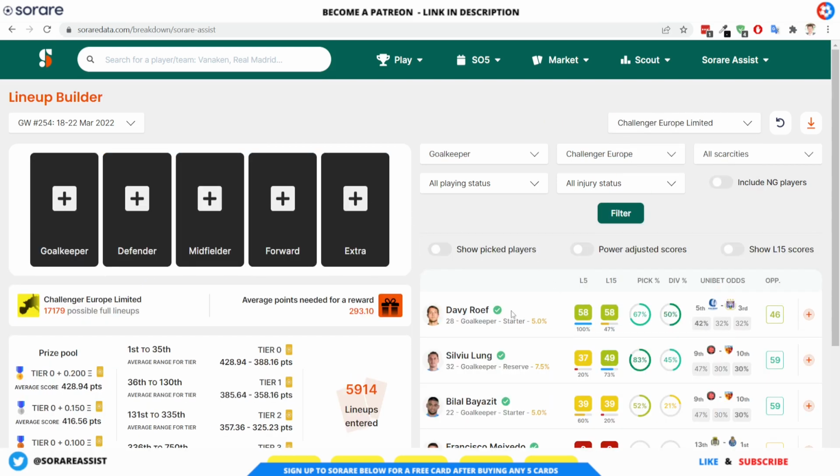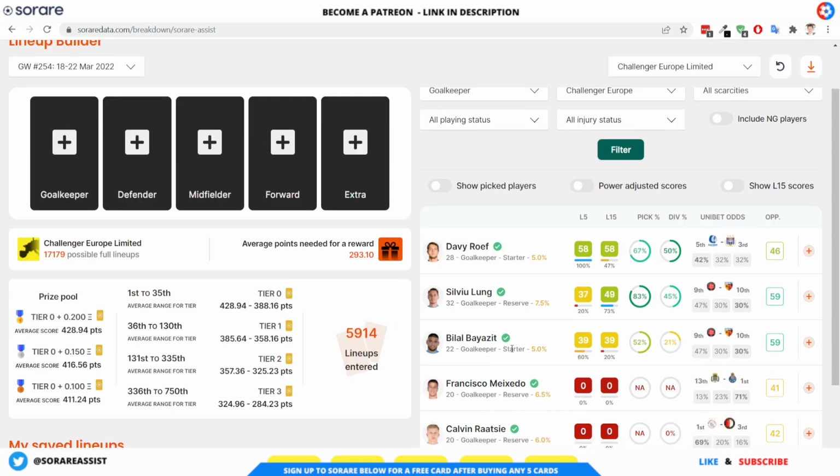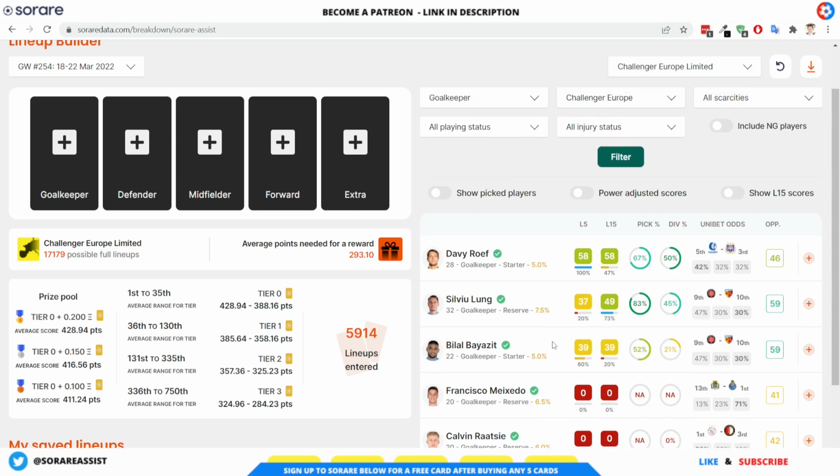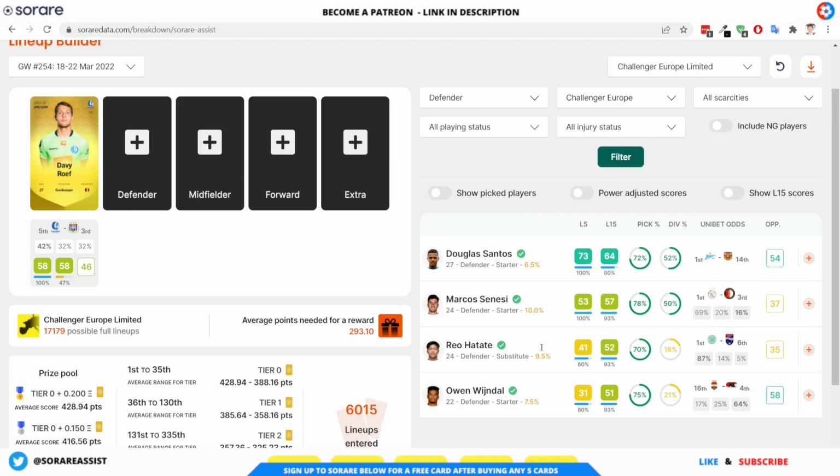So in terms of the goalkeeper, I've got Davy Roof. I've also got Bayasit as well for Kayaspor. It doesn't look like he's going to be the first choice in that team. But I'm going to go with Davy Roof. Quality goalkeeper, is on really good form at the moment. In terms of defender, I'm going to actually go with...